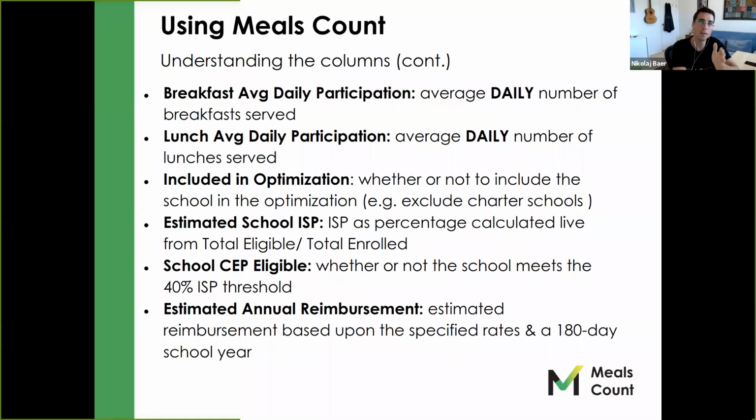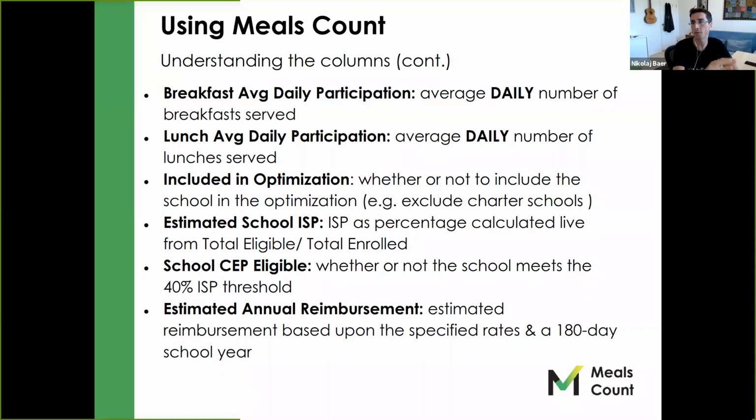So after that, continuing, there's going to be the average breakfast daily participation. So again, that's a daily average. And then a lunch average daily participation. So again, if you had 100 students at your school or on that site, and 50 of them bought breakfast, that'd be average daily participation of 50. Or if you had a better example, you had 60 students and 50% or 30, it's going to be the number, not the percentage. So that's the key part. It's the number of meals, not the percentage that are in there. So it would be 30 out of 60, and maybe 50 bought lunch, but not 50% or anything like that.